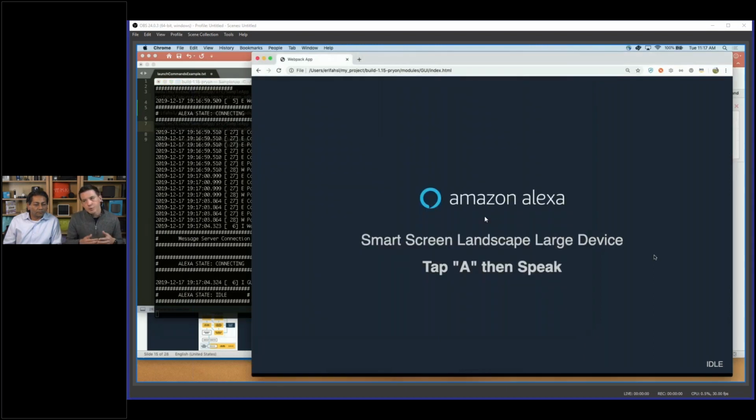Now in this case, when you first run the Smart Screen SDK, you'll get a view kind of like this. And if you're running on a Mac, by default, the wake word engine does not come included. I'll show you a version with it. And so you actually have to hit A before you speak. So I don't actually have to say Alexa in this case because